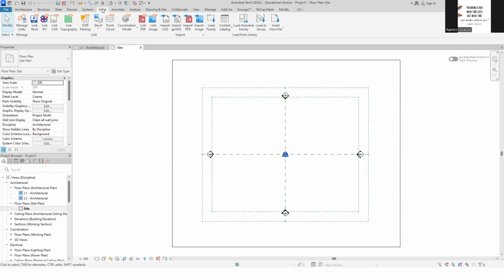And you have the option to link a CAD file or import a CAD file. So linking means you are simply creating a reference. Importing will be embedding it into the Revit file. So we just want to link the CAD file.